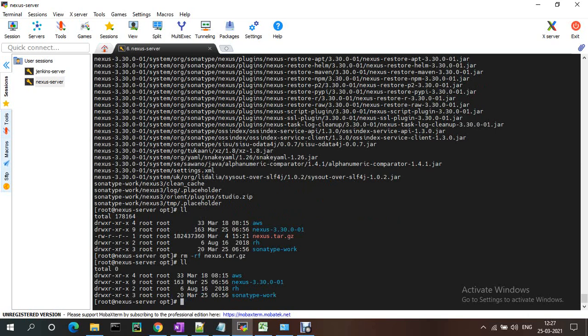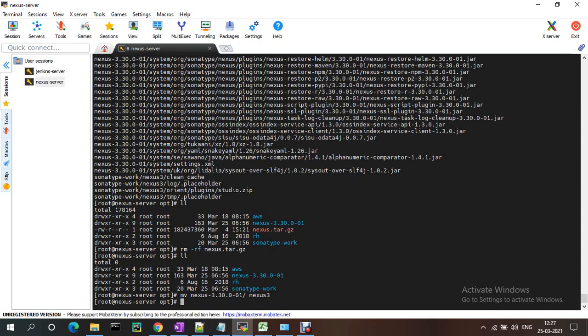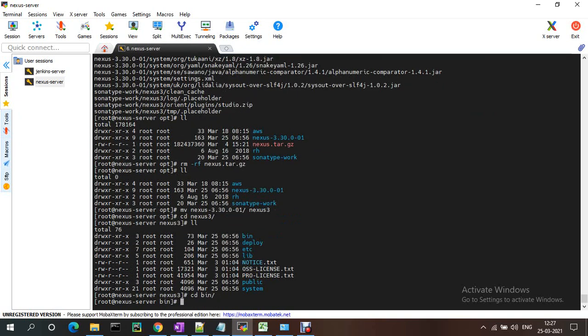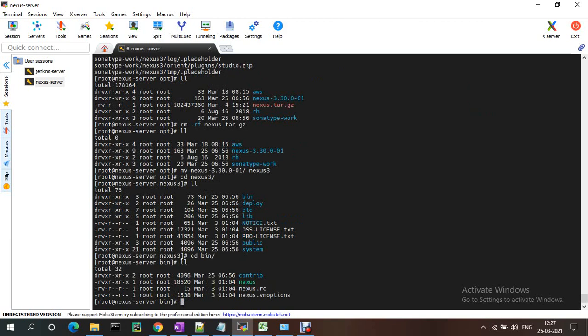I'm renaming this folder to avoid confusion, giving it the name nexus3. Now I'm cd into Nexus, and under bin there is a nexus.rc.